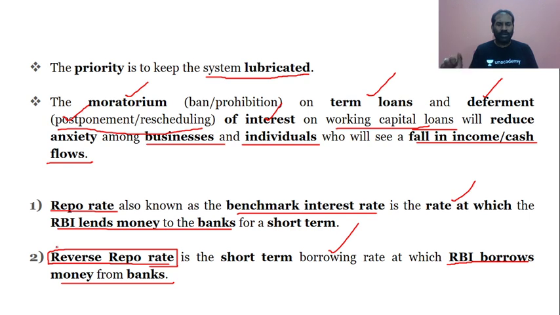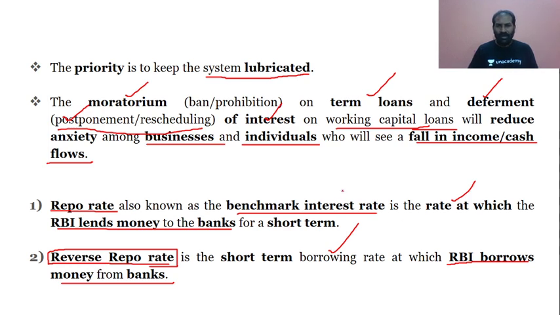But what is reverse repo rate? Reverse repo rate is the one wherein RBI borrows money from the banks. So whenever RBI feels that there is more money with the banks, more liquidity with the banks, more money in the hands of people, or more money in the market, then what it does is RBI increases the reverse repo rate. Then it will borrow the money at very high interest rates from the banks, so that it can suck the money out.